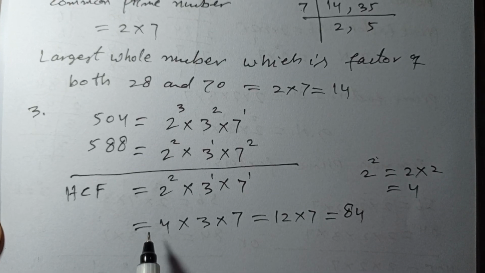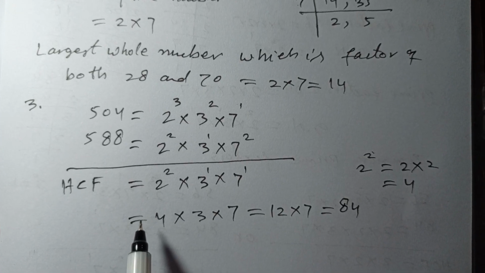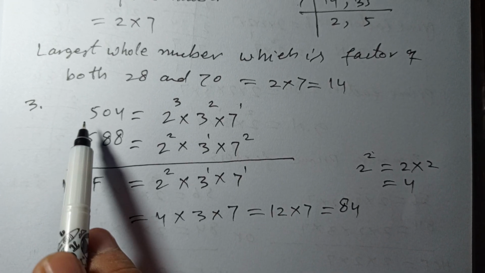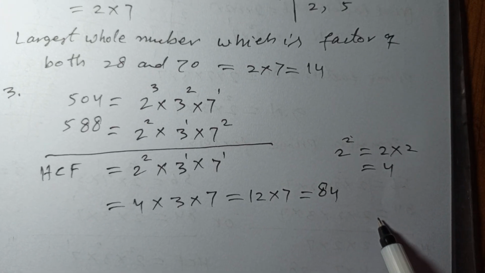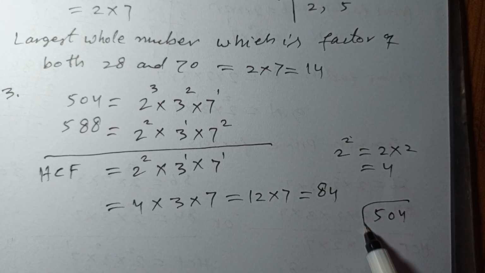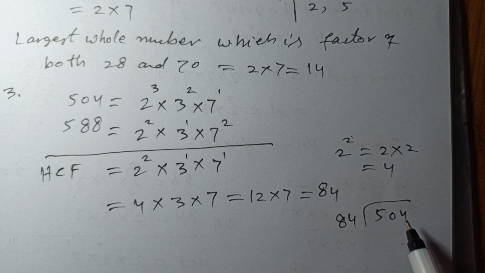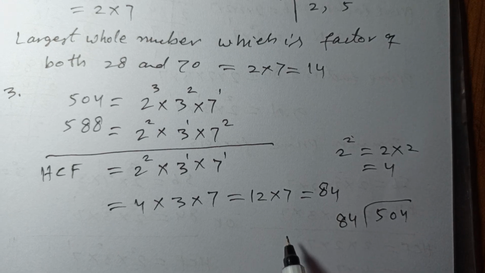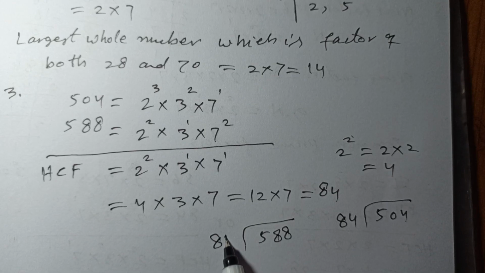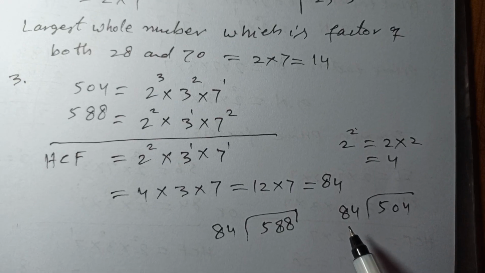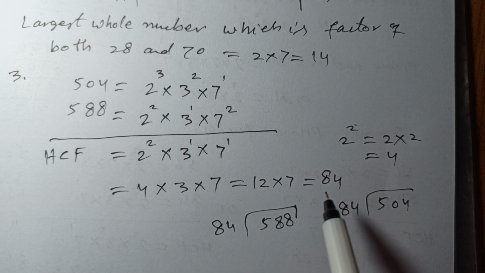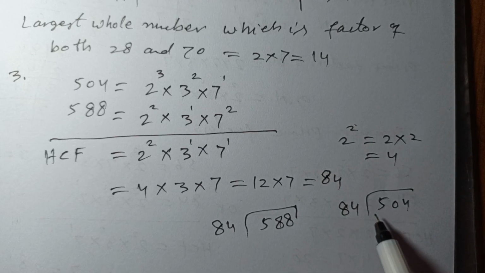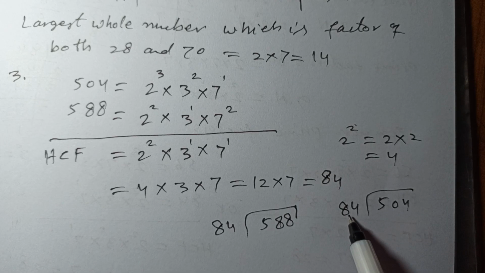You can check whether this is their highest common factor or not. You can divide 504 by 84. It will divide it exactly, and then you can also check 588 by dividing it with 84. 84 can also divide 588 exactly. Now it will show that your HCF is right. Now 504 will be divided by 84. See here,